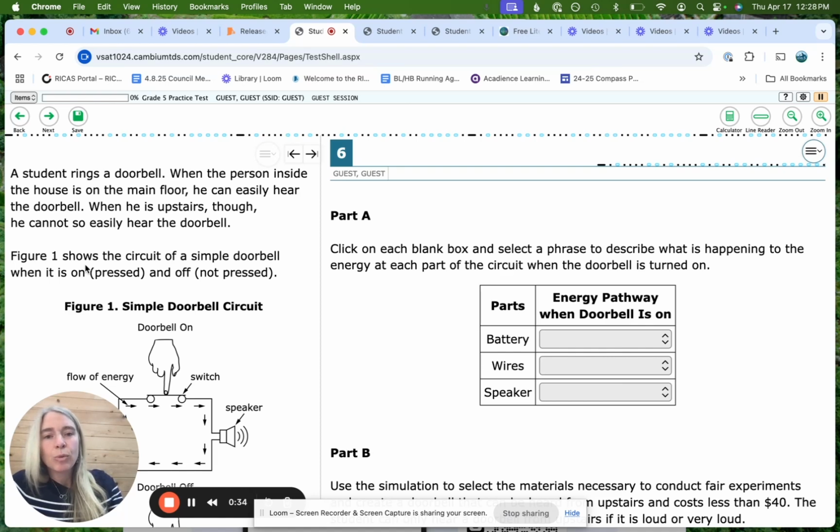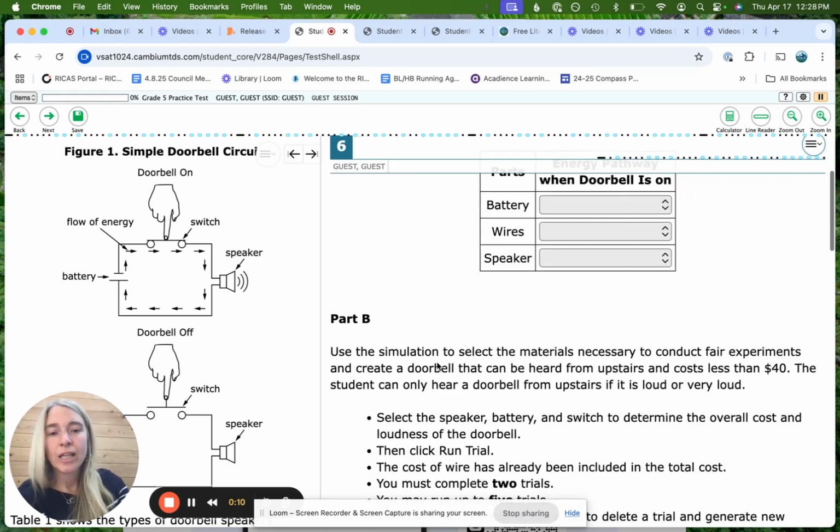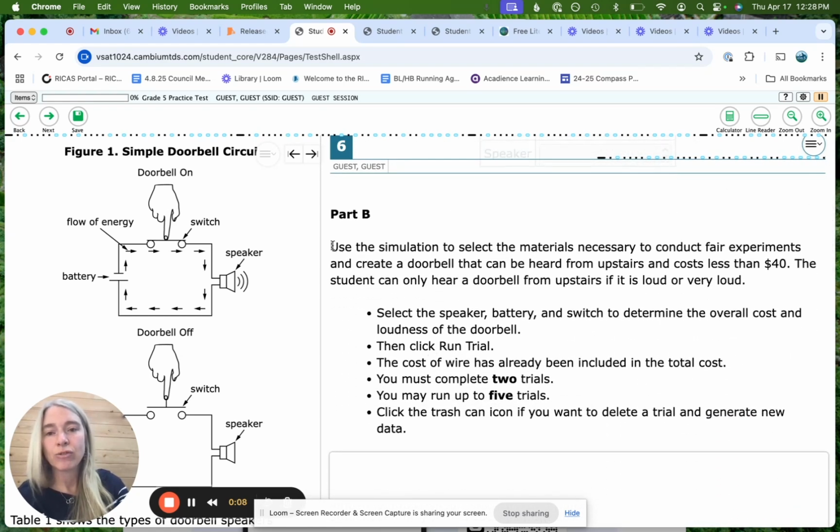As we take a look at this one, we can easily see how if the student were in a classroom with the teacher giving some oral directions, this is a kind of activity that a student would enjoy, the hands-on elements of it, and be able to demonstrate their higher order thinking skills through collaboration with classmates, through direction from the teacher. But in absence of that, the student needs to be able to read these directions, use the simulation. If that word simulation is out of reach, automatically they're going to struggle with their ability to access